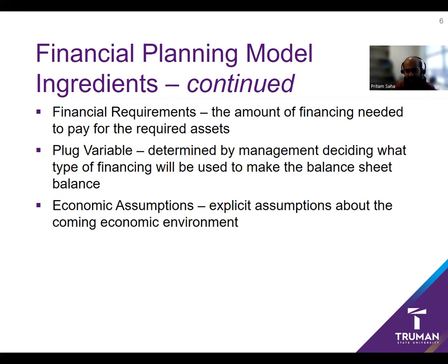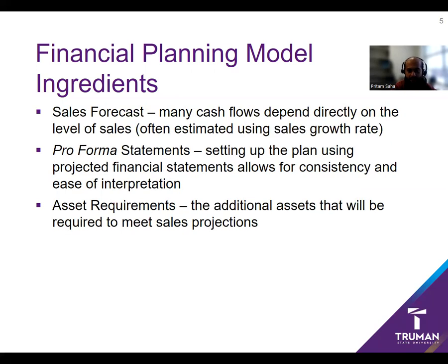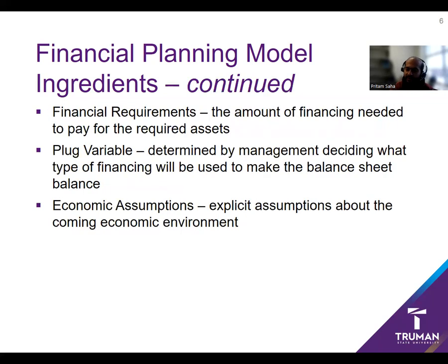So this is a management decision. This is, I should say, a decision variable, so we also call it a plug variable. Quick wrap up: you have to start with a sales forecast. What should the sales be tomorrow? Then you have to go for the projected financial statement. While projecting the financial statement, we have to think about, do we need more assets? If we need more assets, how will we manage the financing? What should be the exact amount of financing? And how we'll manage it is a decision variable by the management. So that's just a plug variable.